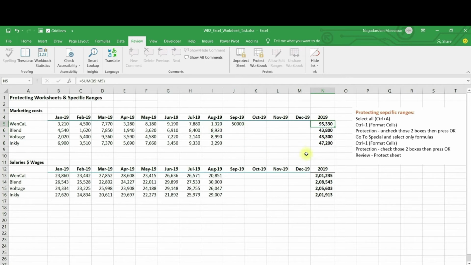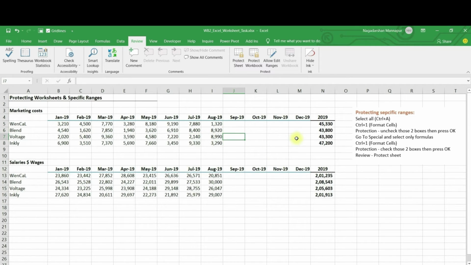One more topic here. I don't want someone to see that formula because it's a confidential formula. Nobody should be able to copy it. First I will unprotect this with the proper password, 111 for example. Now I can do anything because it has been unprotected. Control Z to come back.